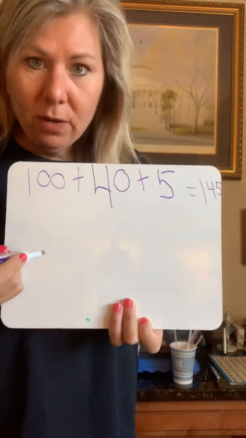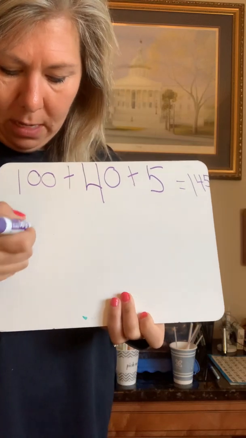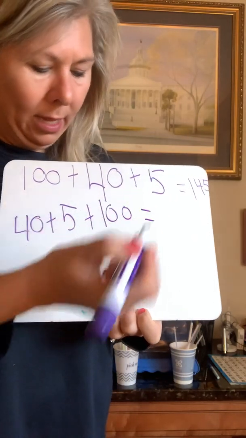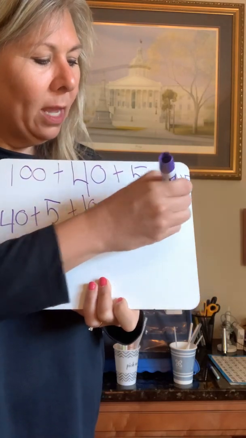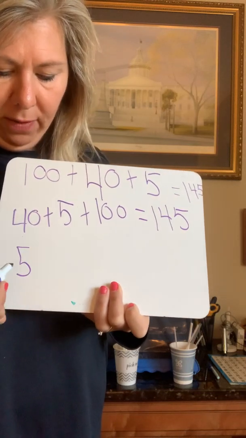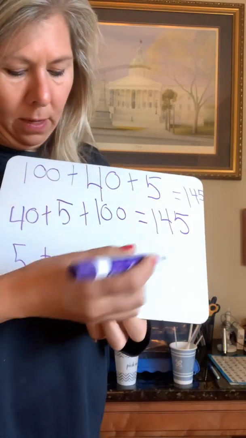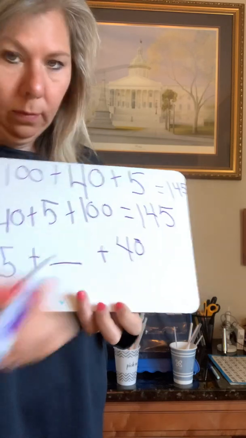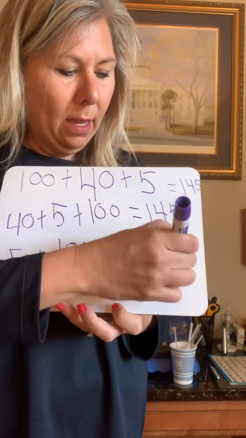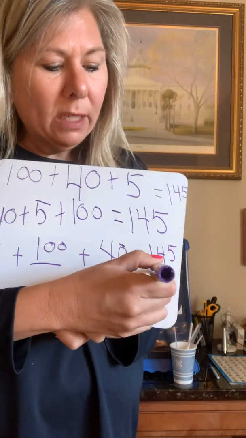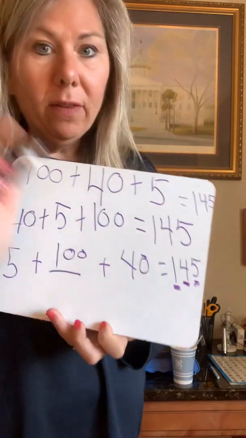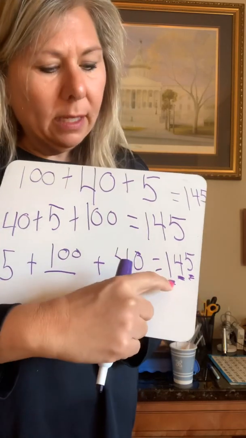Oh well, silly me. All right, writing it in another way. 40 plus 5 plus 100 equals what? Say what? You got it. What if I did this one? You help. 5 plus, plus. What's missing? 100. Great. And it still equals what? 145. Remember, the one means one group of 100. The 4 means 4 groups of 10. The 5 means 5 groups of ones, 5 ones,